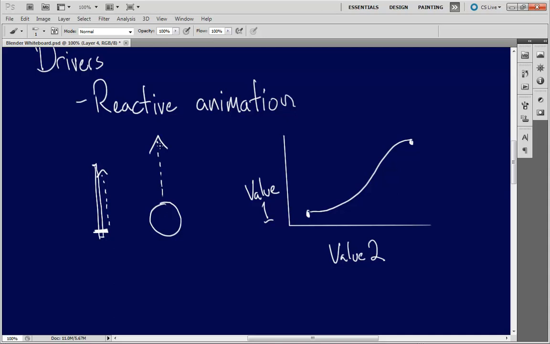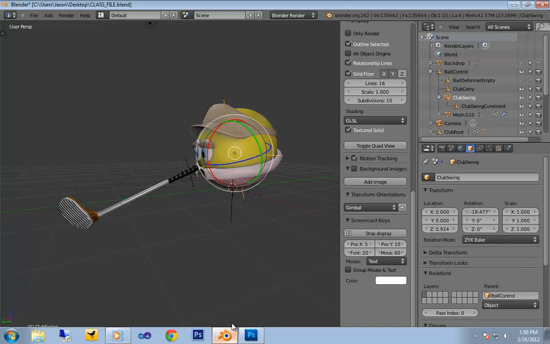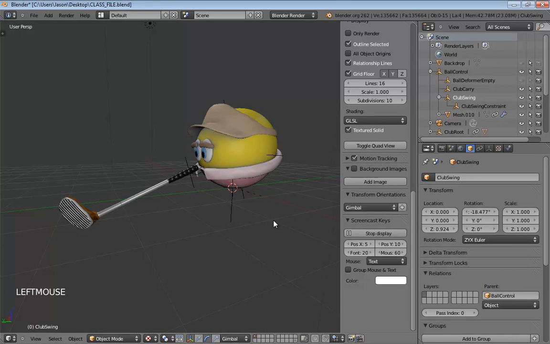We're going to create some custom properties that are going to drive certain parts of our character. Things like the bend, things like the squash and stretch, things like the swinging of the club, or even the position of our club going from its carrying position to its swinging position. We're going to drive all of that using special properties. It's going to make our lives a lot easier as animators, because right now, the real problem we have is we have too many things to select and try to control.